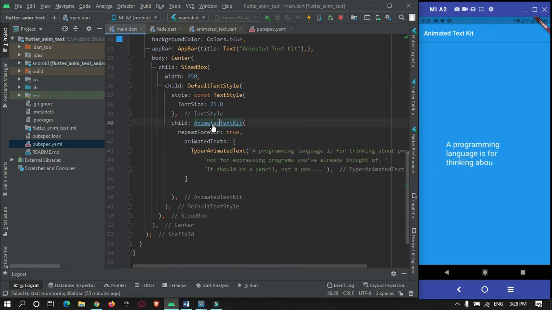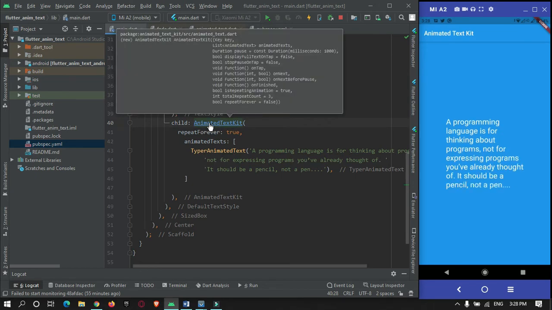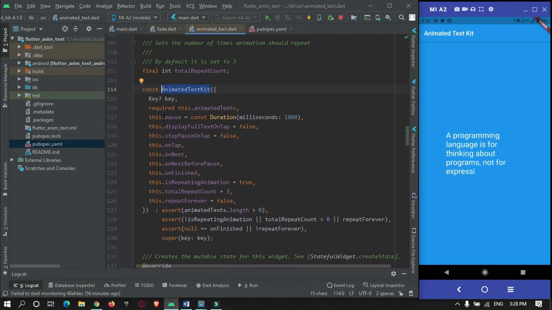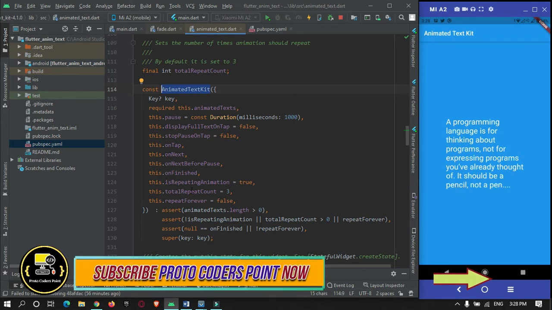If you go to these properties, just press Ctrl and click the mouse button. Here it will go into the library code. There are various properties that you can customize. By default, this animation will repeat 3 times.